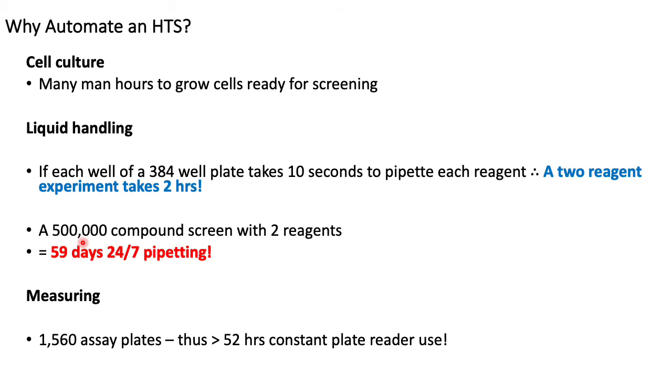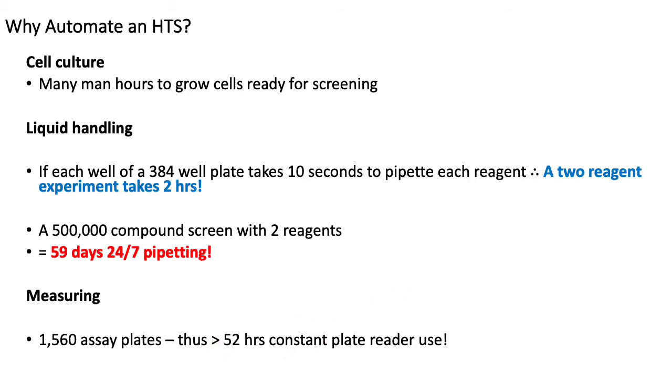And if you had 500,000 compounds to screen with 2 reagents, this would take 59 days, and that's working 24 hours, 7 days a week pipetting. You can imagine that would be really hard work. And if we're measuring, say, 1,000 in a 1,560 assay plate, this would take around 52 hours of constant